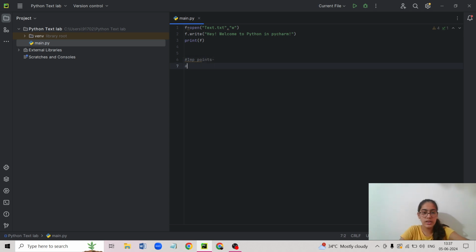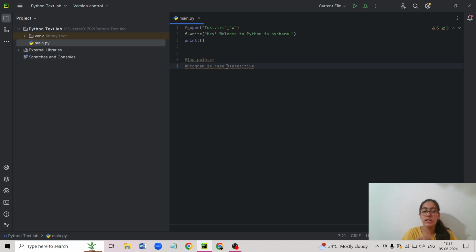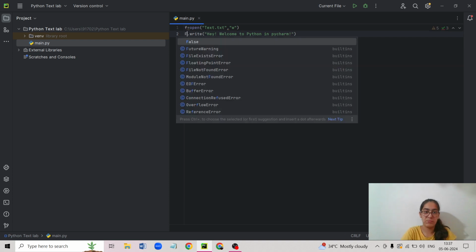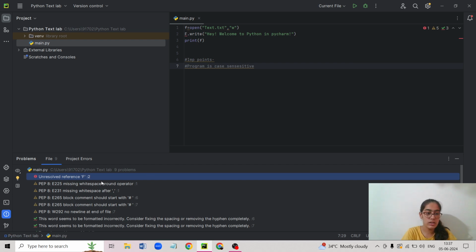Okay, so first is the program is case sensitive, which means that whenever we write this program, we need to make sure of the case of the file. For example, right now if I put capital F, it will show me an error. As you can see, it is showing me an error, unresolved reference capital F, right? So that's why I need to put small f.